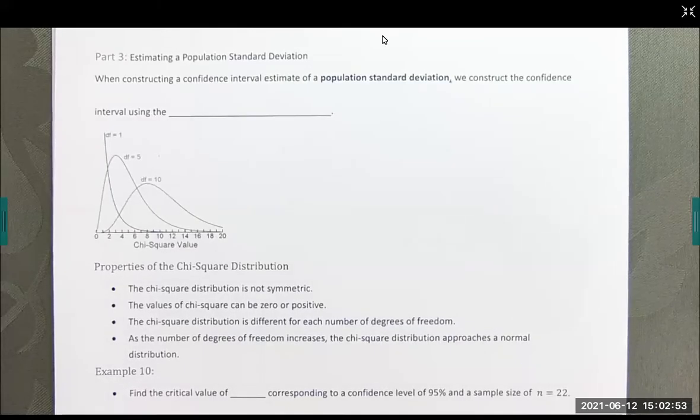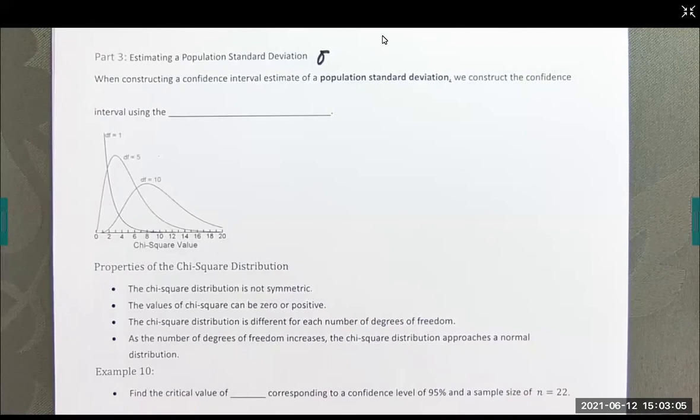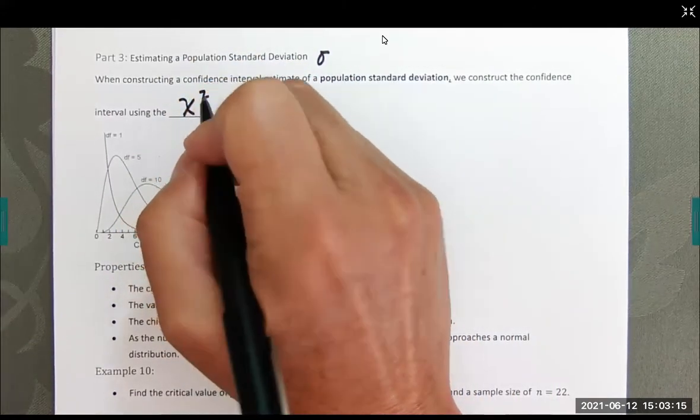Welcome back. We are to the third and final part of confidence intervals, and we are now going to find confidence intervals using the standard deviation. That is for sigma. And when constructing a confidence interval estimate of a population standard deviation, that's sigma, we construct a confidence interval using, this is going to be new for us, a chi-squared